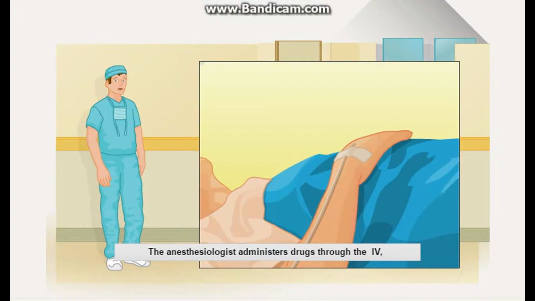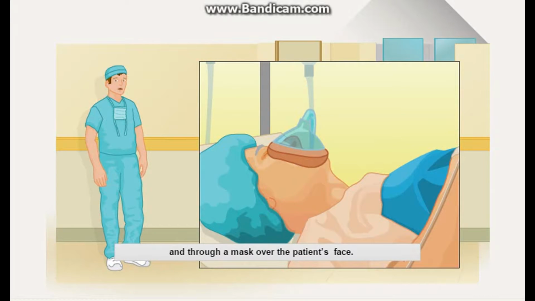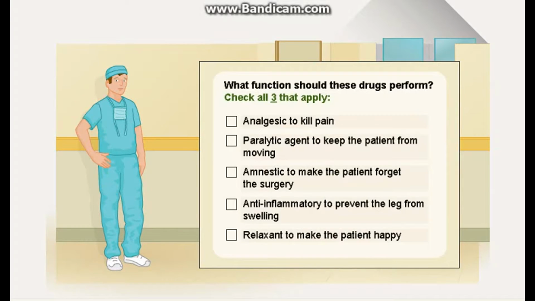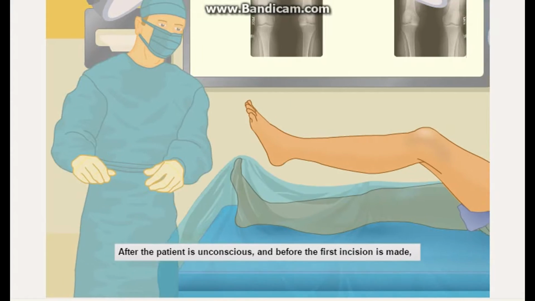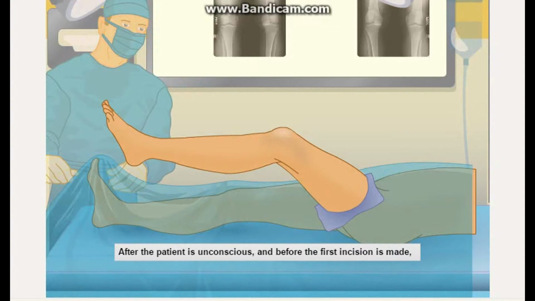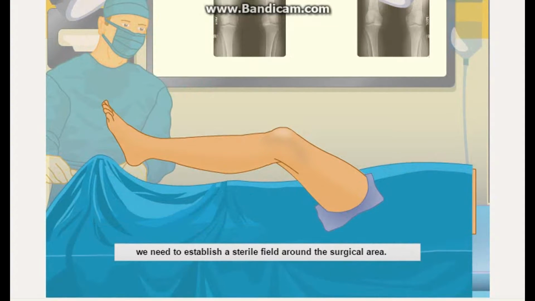The anesthesiologist administers drugs through the IV and through a mask over the patient's face. What function should these drugs perform? Good work. Fantastic. After the patient is unconscious, and before the first incision is made, we need to establish a sterile field